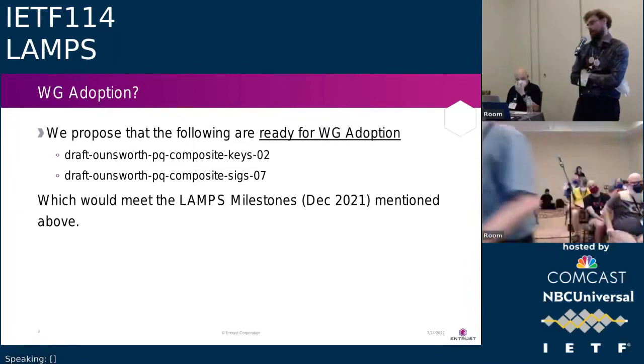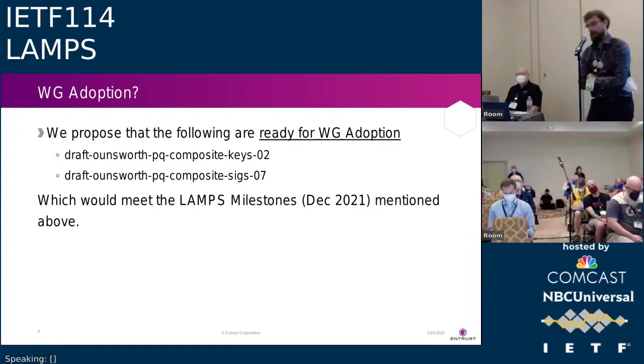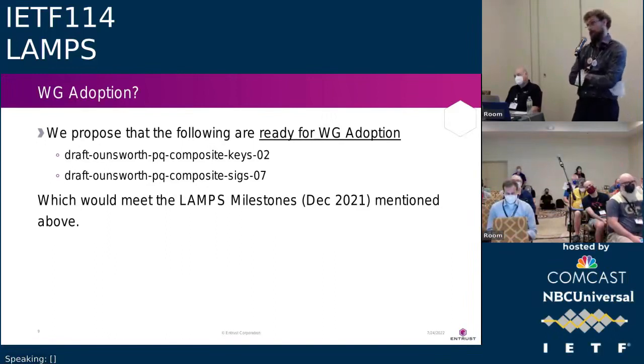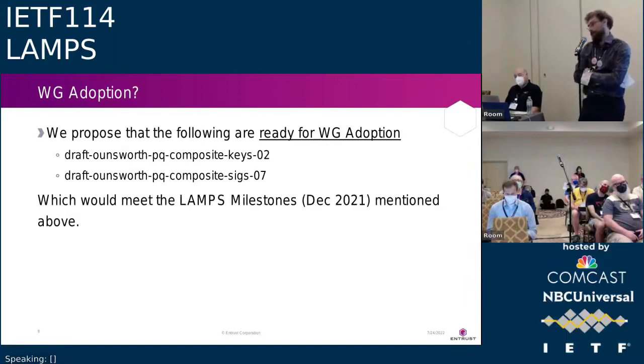Maybe a bit of a completely hand-wavy answer to Deb's question, in that it just opens more permutations. But you could imagine using the SIGs without using the keys. Like you could imagine a multi-certificate operation that wants to carry its multiple signatures in the composite structure. An example would be the CMS signed data. We can already carry multiple certs, but maybe you want to really make it clear that this is a composite operation. You want to roll them into a single signature, and so you want the data format to have one signature that points back to multiple certificates. There might be uses like that. Not aware of any protocols that want to do that yet, but